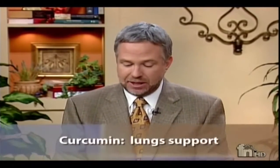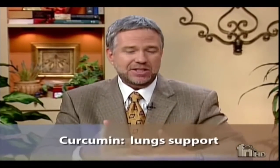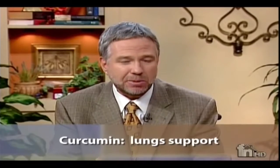They've done extensive research on this. Diabetics, please listen. Include it with your milk thistle. Include it with your chromium picolinate and alpha-lipoic acid. Now you're doing something powerful to help protect your vessels in diabetes. How about the lungs? Cystic fibrosis patients, tough one. If we give the cystic fibrosis patients curcumin in their supplement plan, it thins their respiratory secretions so they can